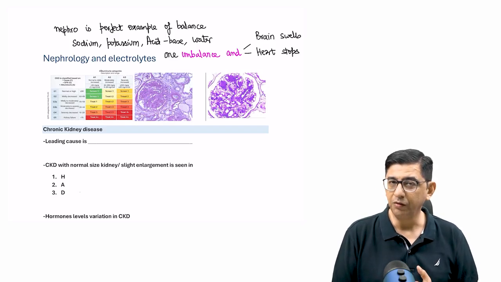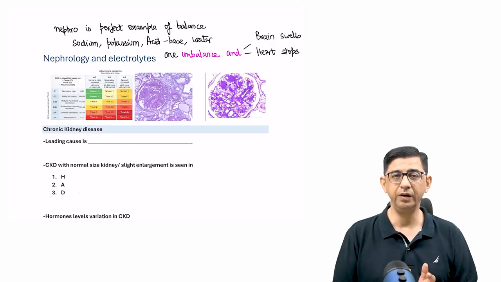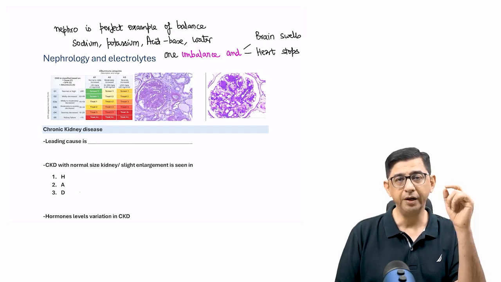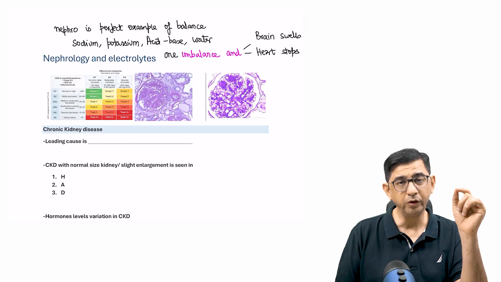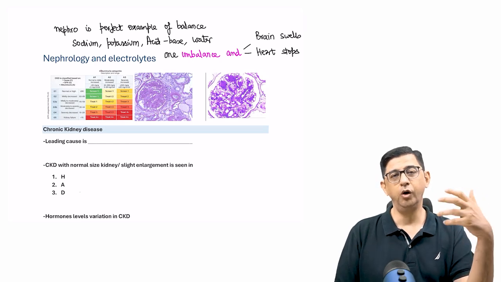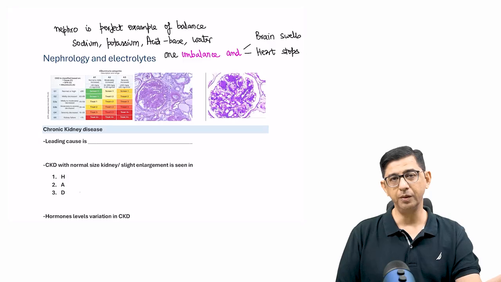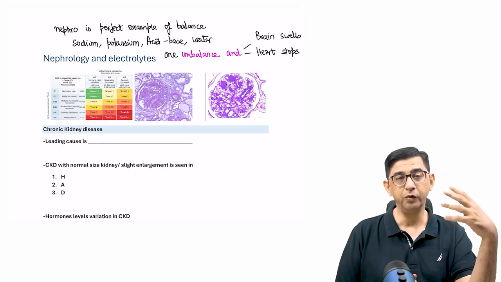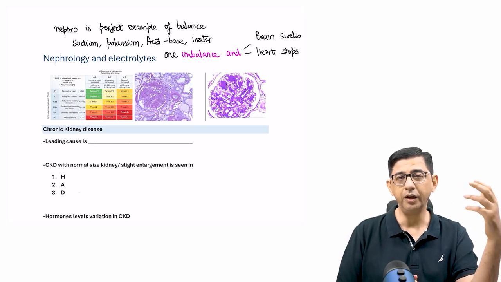And the amount of ultrafiltrate that travels through our kidneys every single day is a mind-boggling 180 liters. Yes, guys, our kidney tubules are handling 180 liters of ultrafiltrate every single day, out of which 178.5 is reabsorbed, and the rest is obviously the waste, that is urine, and that is what we test and we can pick up diseases in patients. So let's start with one of the very common kidney diseases, that is CKD, chronic kidney